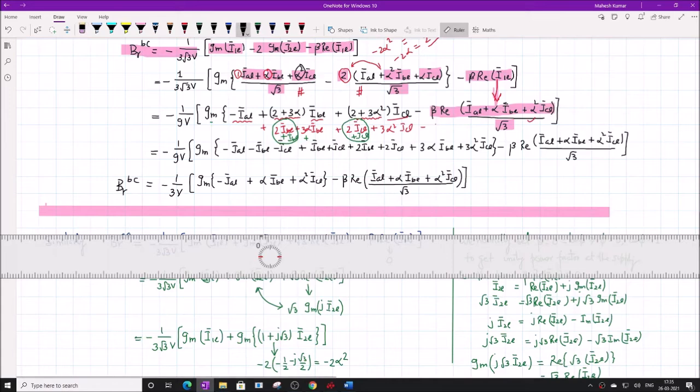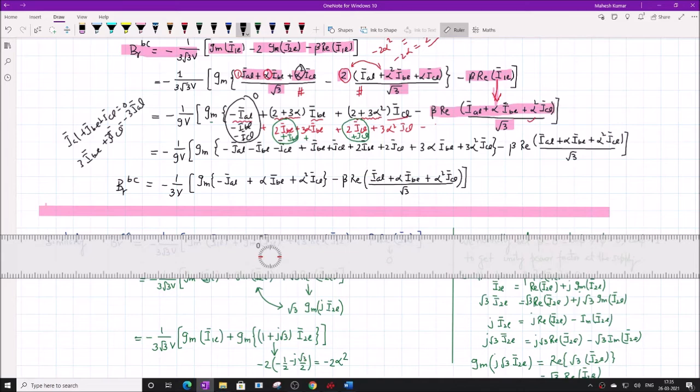I'm saying that add here minus IBL minus ICL. So this together becomes 0 because it is a 3-phase 3-wire system. So IAL plus IBL plus ICL equal to 0. So this becomes 0, and here it becomes 3 IBL plus ICL. What is that? Equal to minus 3 IAL because the sum equals 0. So this whole thing becomes minus 3 IAL